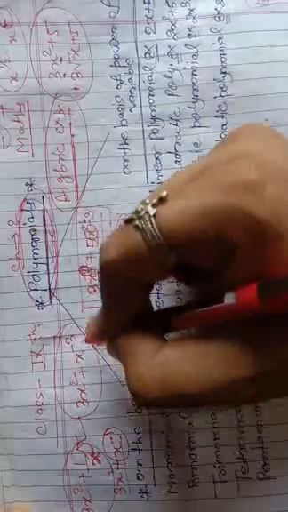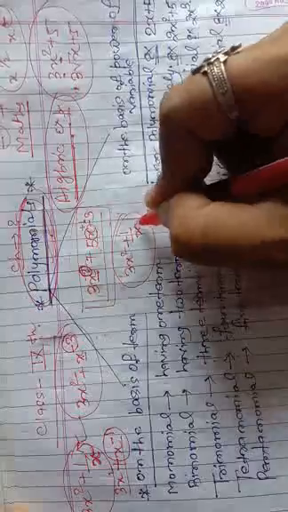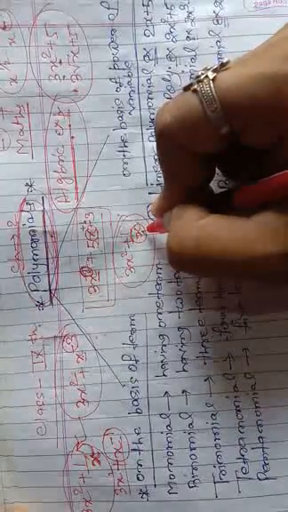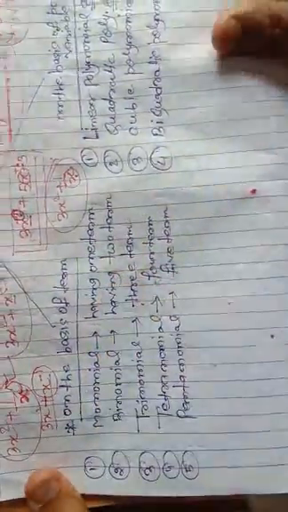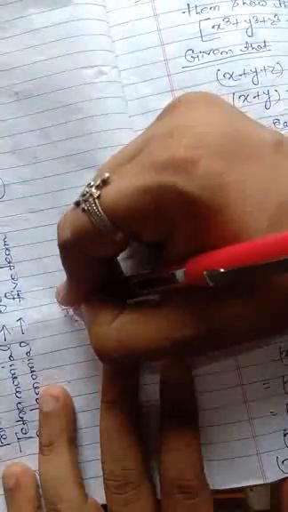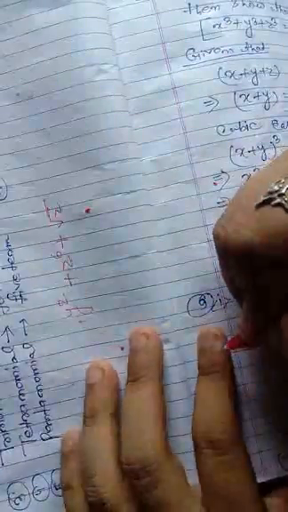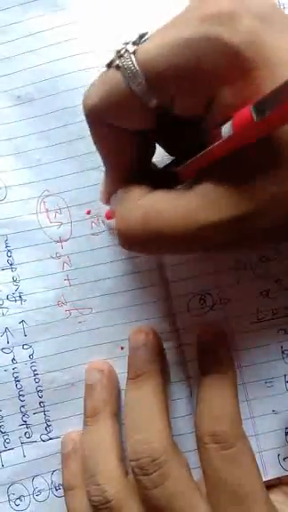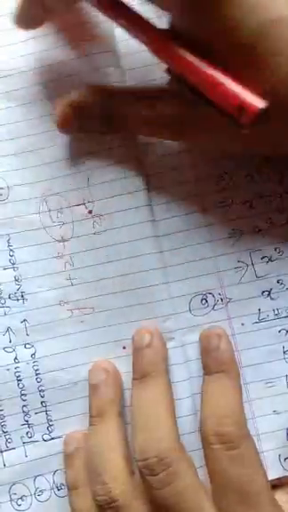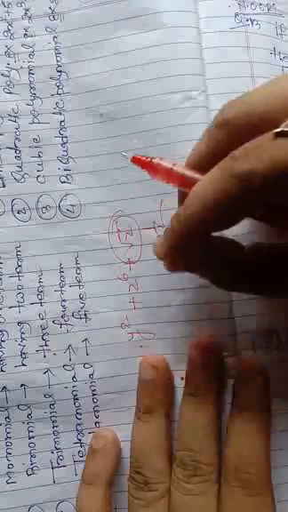Why do I say that? Because here we see that the variable has a negative power, and here again the variable has a negative power. One more example I can write here. Suppose I write y to the power 2 plus z to the power 6 plus root z. Here root z means z to the power 1 by 2. So in the case of a polynomial, the variable should have only positive integral power.